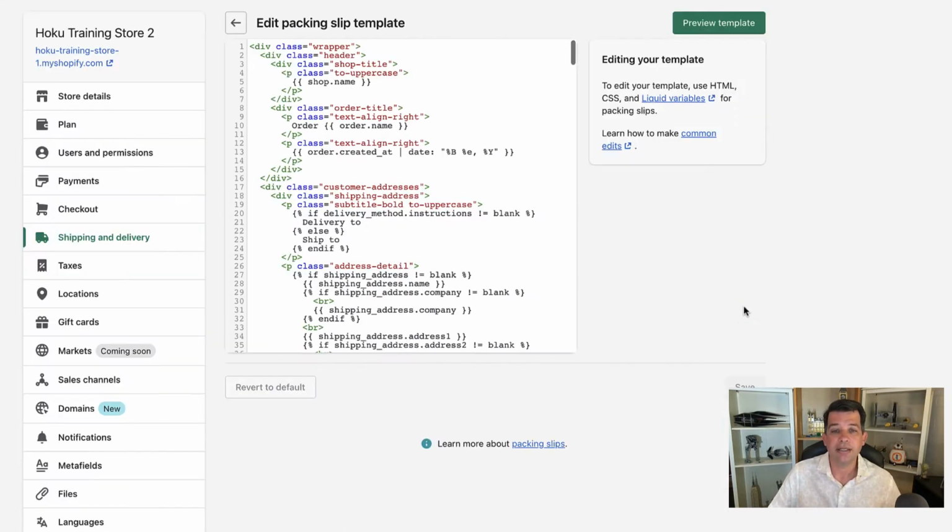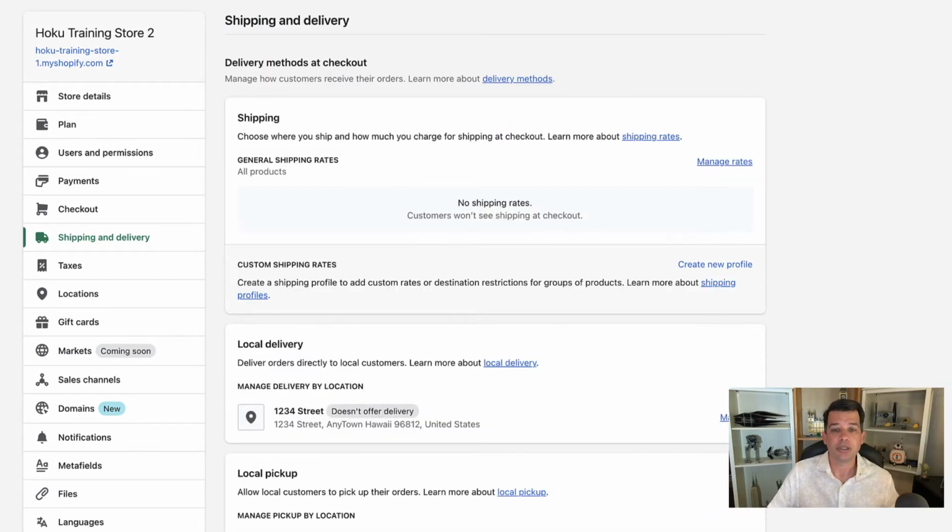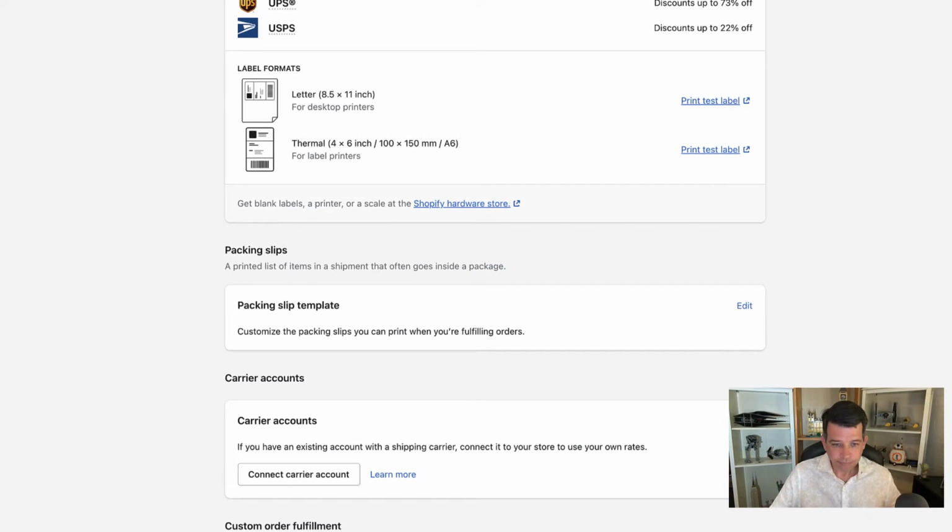So if I click edit, it's going to pull this up. It's a ton of code, incredibly intimidating, but don't stop there. Just to the right over here, there is a link that Shopify provides on how to make common edits. There are some very simple edits that you can make even if you're not familiar with doing code, like just changing the name on your packing slip and instead putting your logo. Definitely something that you should strive for in making your operation just a little bit better.